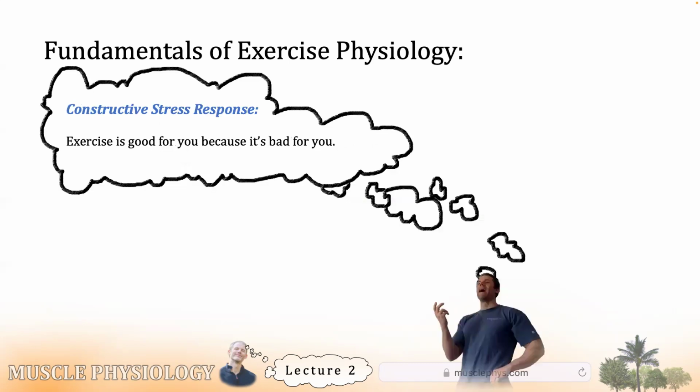Now, this one isn't a common principle. It's something I've been talking about for 15 years or so. And I've called it a lot of things throughout that time, testing out coinages like positive injury principle, things like that. But my tagline has stayed the same since I was in the student seat. And that slogan explains the principle well, which is exercise is good for you because it's bad for you. This is something we'll talk about more, but briefly, why is cardiovascular exercise good for the cardiovascular system? Why is it heart healthy? Because it's terrible for the cardiovascular system while you're doing it.